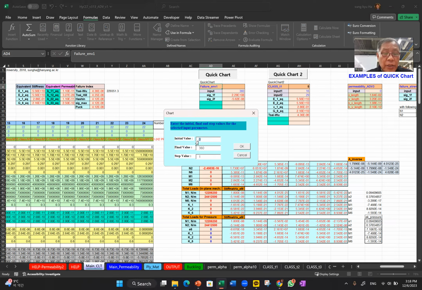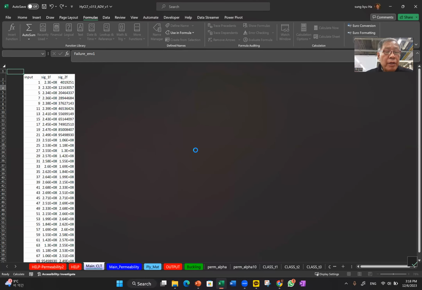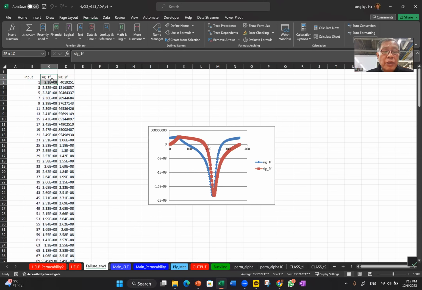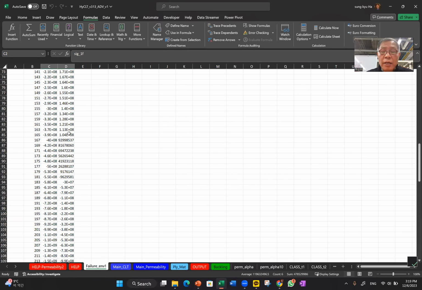Or you can start with one angle, and then step value can be 1 degree or 2 degree. It is up to you. So this macro, what it does is very simple. You just repeat the same calculations. So this is the input versus sigma 1 and 2. And to draw the failure envelope, what you need to do is that you just select this much,